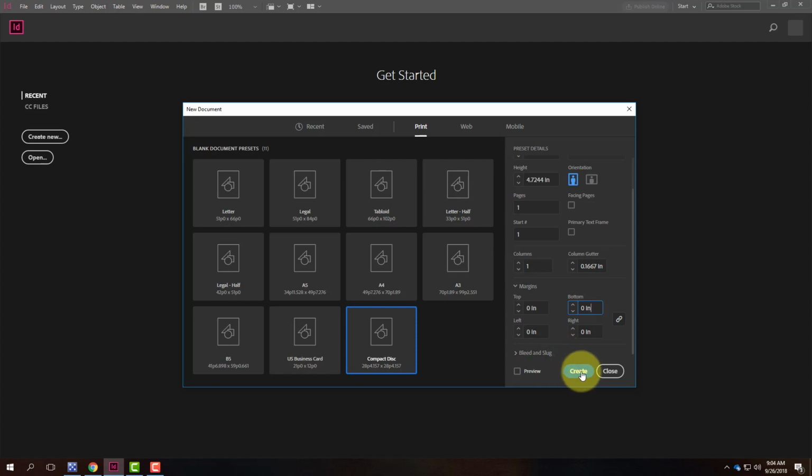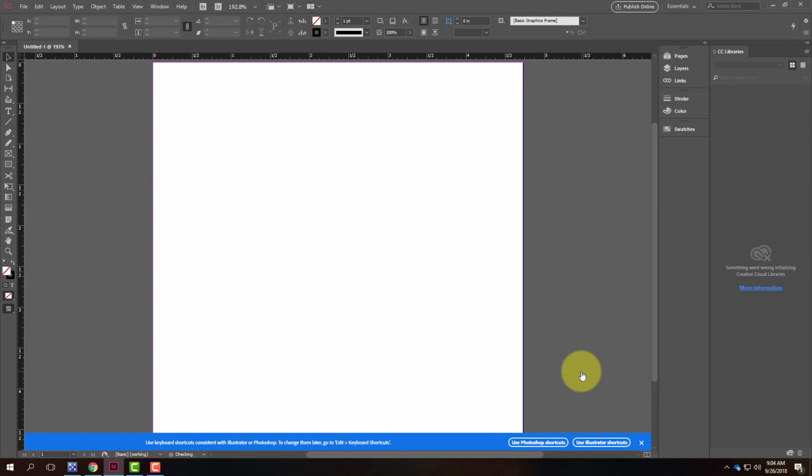So I'll click on Create, and it builds the document for me. So in the world of InDesign, the white page is what our document is. That's the physical piece of paper that our document is. The gray space around the document is stuff that is not part of our document. We could still have an object that goes off the page, but it wouldn't get printed and wouldn't be included